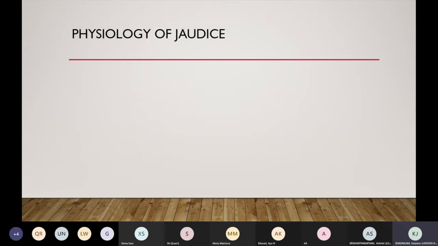Just before we go on to jaundice, I think it's worthwhile to understand the physiology of how jaundice can happen and where things might go wrong. Red blood cells in adults usually have a half-life of 120 days, but in neonates it's around 35 days. And once they reach their half-life or have been damaged, they